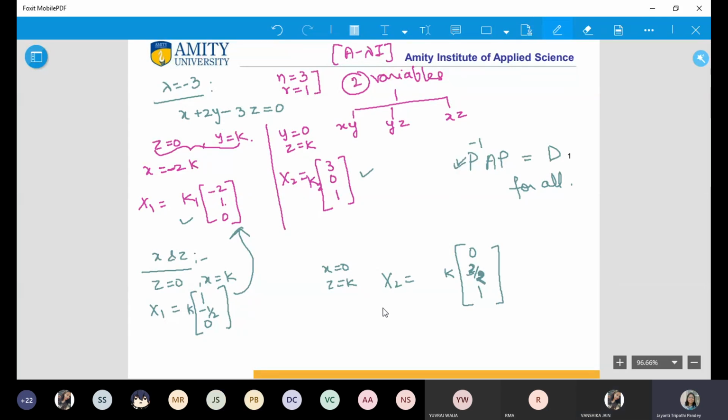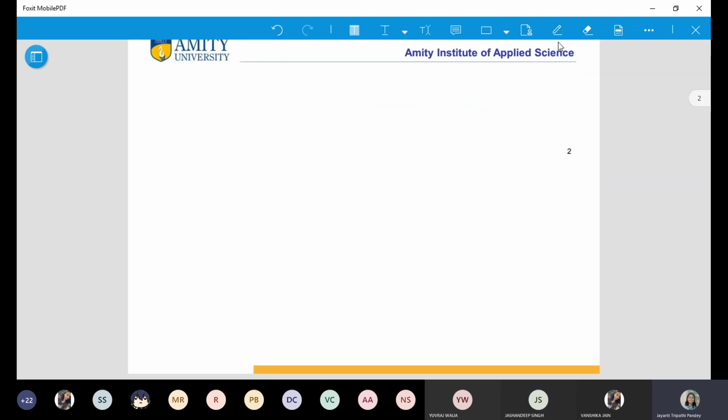Then there are two equations and we have to make the eigenvector of it. Ma'am, there are two equations. Can you give me the equations? Yes, ma'am. Just a minute. Give me the equations. x1 minus 3x2 plus x3 equal to 0. Okay. And the second one, ma'am, minus 11x2 plus 5x3 equal to 0.